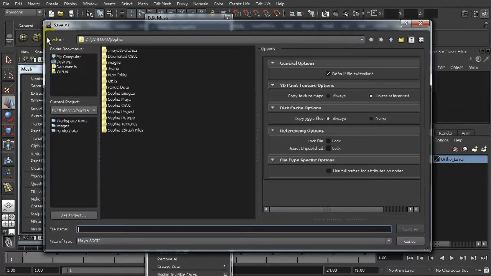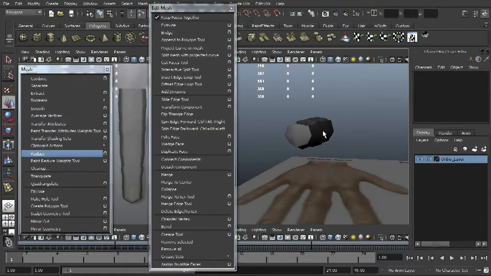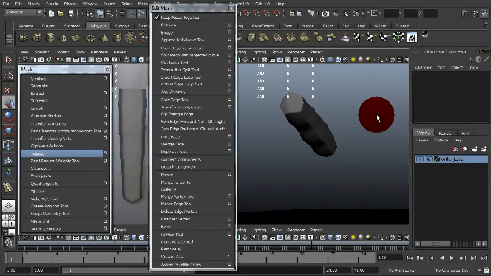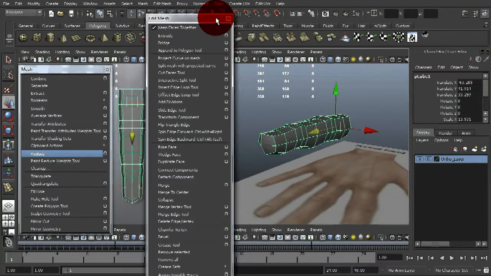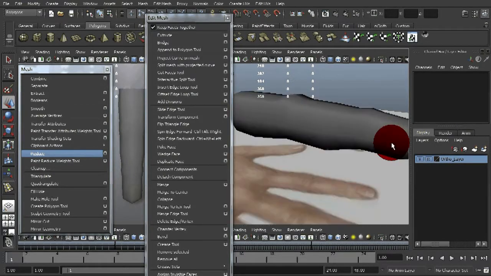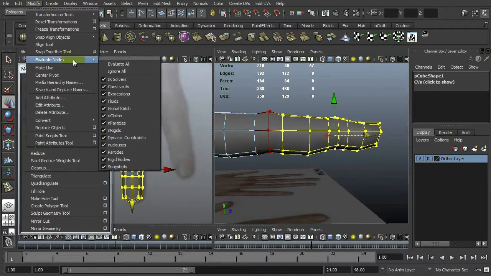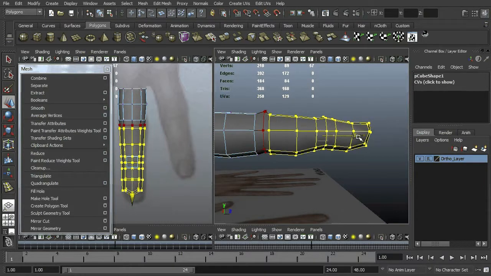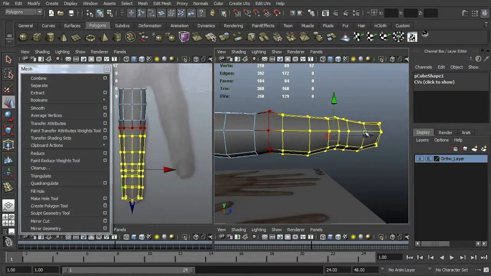Now the way you access the smooth edges and the sharp edges is, you go over to your normals menu, this menu up here, and it should give you an option for smooth edges and for hard edges. And all that does is it takes all of your edges and assigns them as being smooth or hard. Any edge that has been assigned as a hard edge is going to look sharp. Any edge that's assigned as a smooth edge is going to look smooth once it's rendered. So now that we have our nice finger shape and everything is a smooth edge, what we need to do